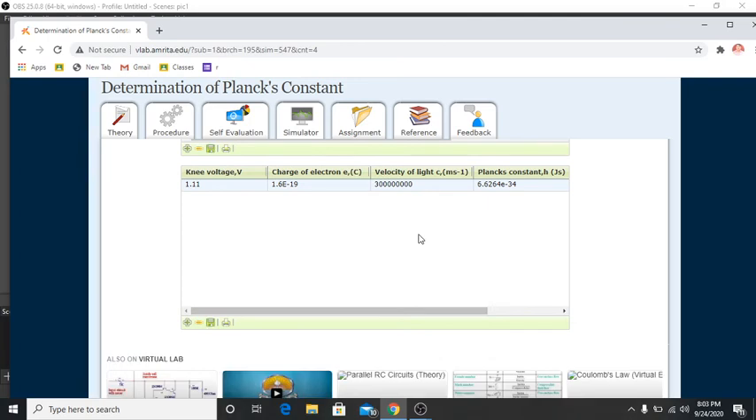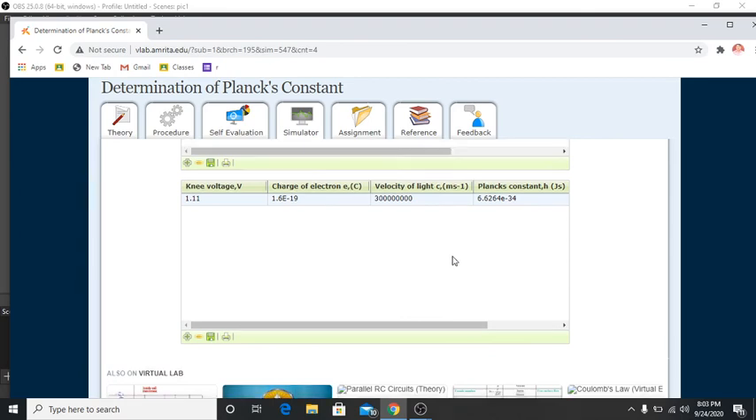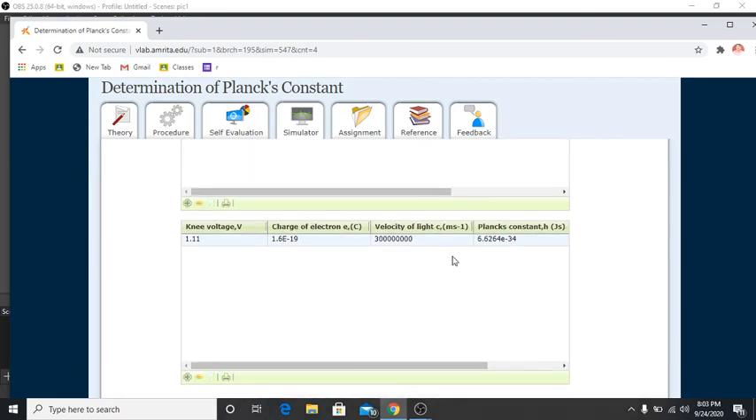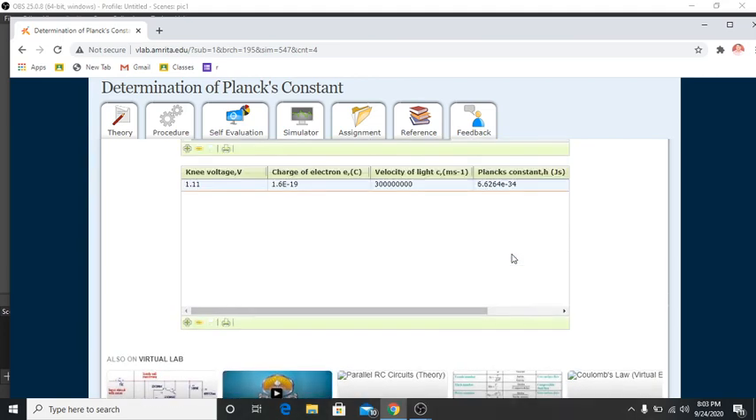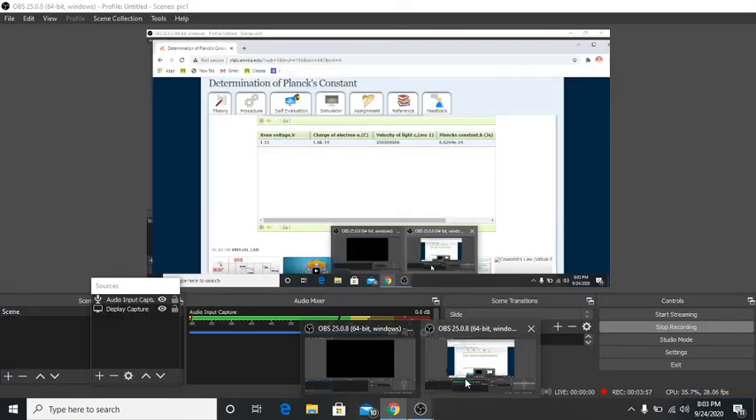Then by taking the slope of that graph, you will get the Planck constant. The standard value of Planck constant is 6.626 times 10 raised to the power minus 34. So this is all about this experiment. So you can perform this experiment